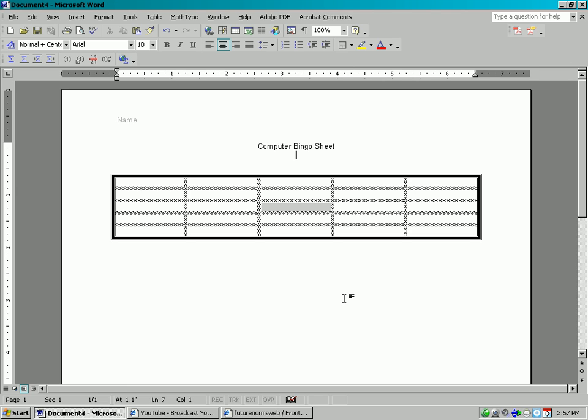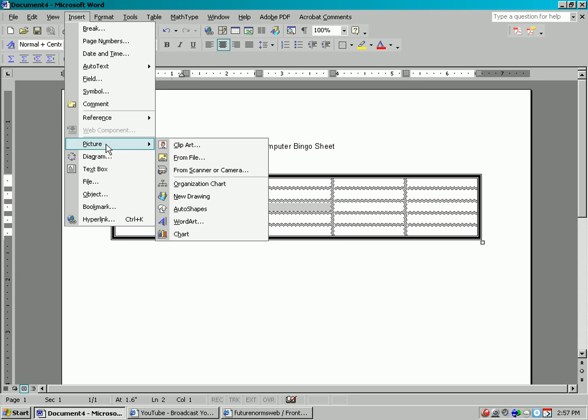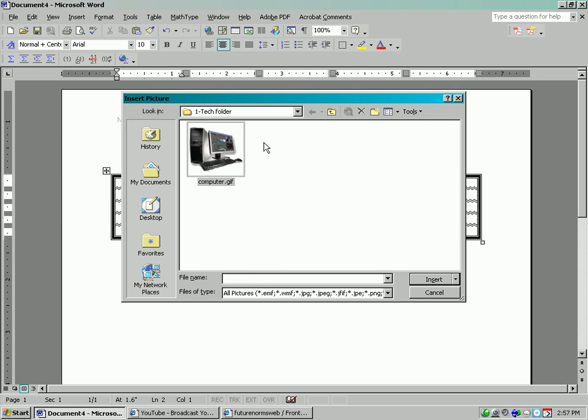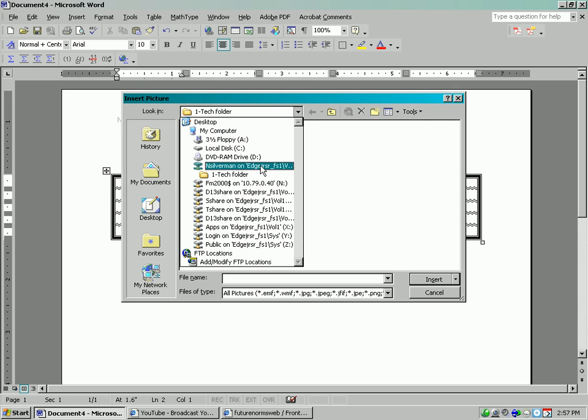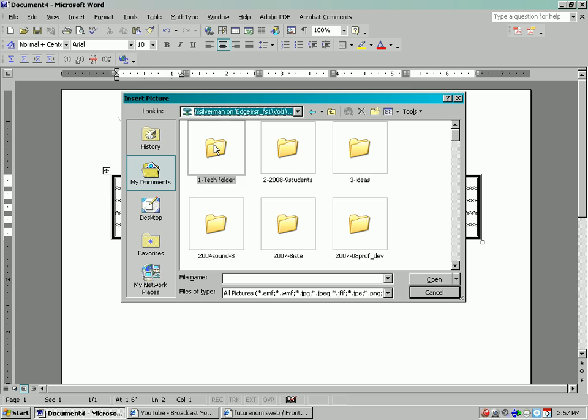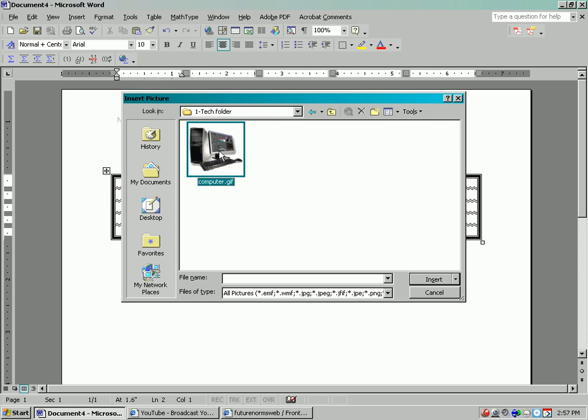The next thing you'll do is insert individual images into each cell using Insert Picture from File. So here's the example. I'm going to click in a cell, go to Insert Picture from File. I've already gone to my network account, and I've kept all the images in my tech folder. This is just one image. Click on that, hit Insert,